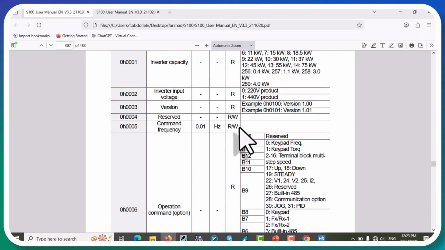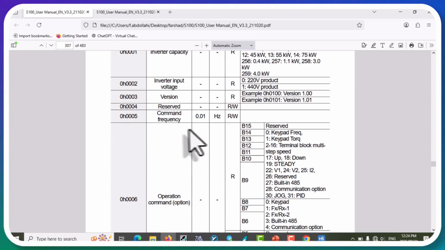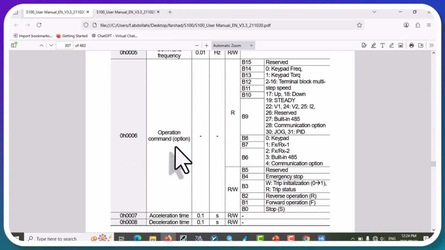Now let's move on to the addresses. For the addresses in the S100 inverter or in most LS brand inverters, you need to go to the address map section in the manual and read the network addresses there. For example, as you can see here, the frequency command's address in hex is 0x05. This means that if you assign address 5 to an analog input or an analog display, you can both read and write the frequency value. For start and stop as well, you can see that the operation command's address is address 6, meaning if you assign it to a